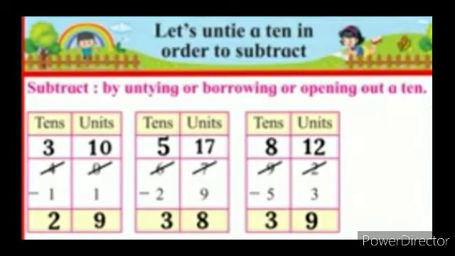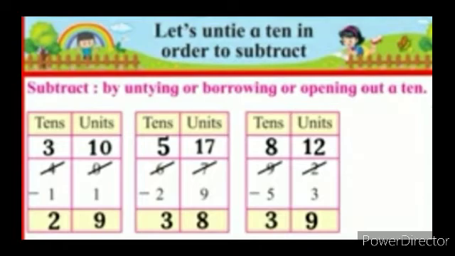So it will become 10. And from the tens place we have taken 1 borrow, so here it will become less. So here it will come 3. Now subtract 1 unit from the 10 units. So it will become 9. And 1 ten from the 3 tens, so it will become 2. So the answer here is 29. Like this way children, these examples you have to solve.